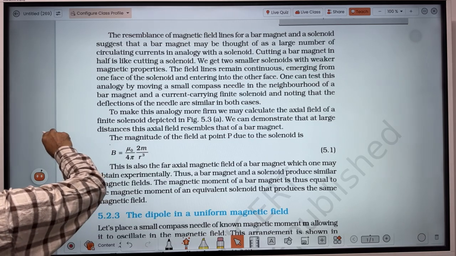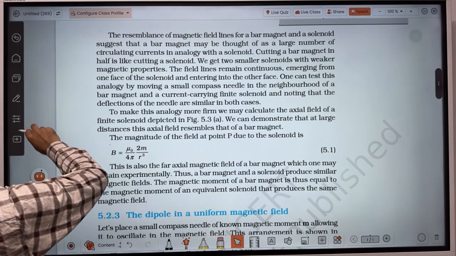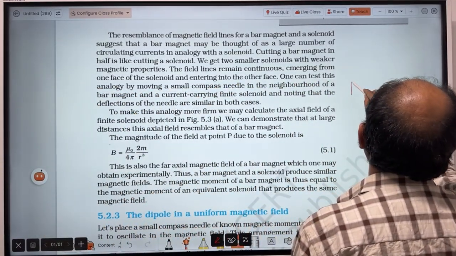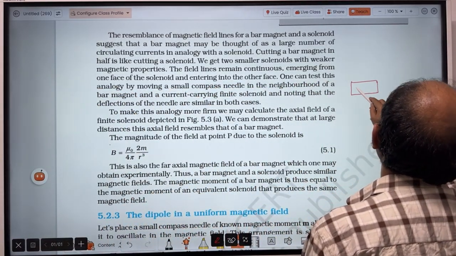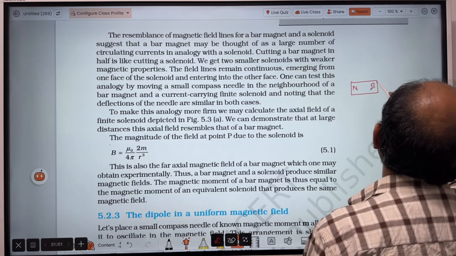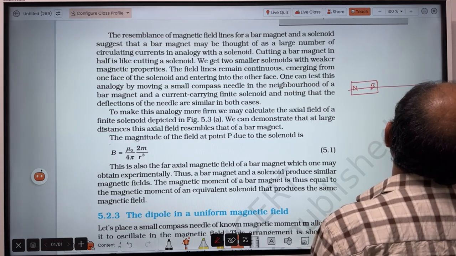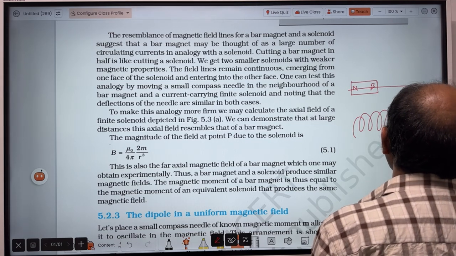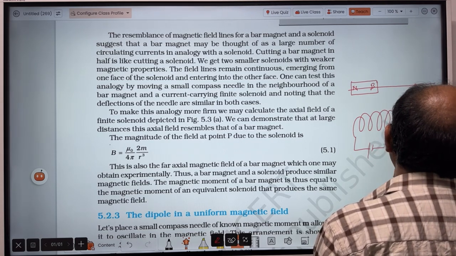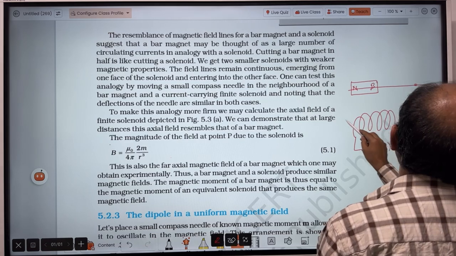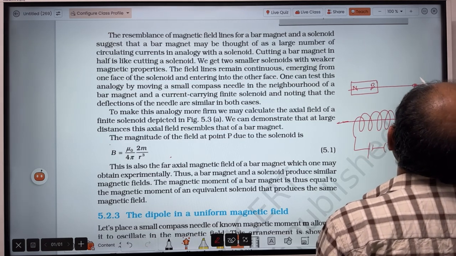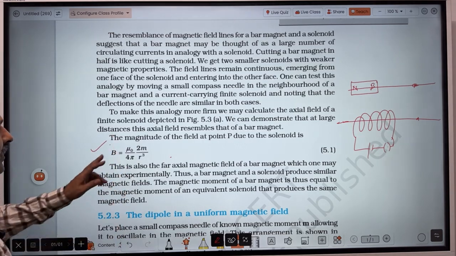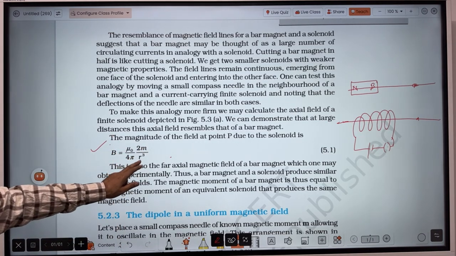So here they are saying that if you calculate the magnetic field due to a bar magnet on its axis, and suppose we take any point on its axis here, or we take a solenoid and we calculate the magnetic field on its axis here, in both the cases we will get this expression: B equals mu naught upon 4 pi, 2m upon r cube,